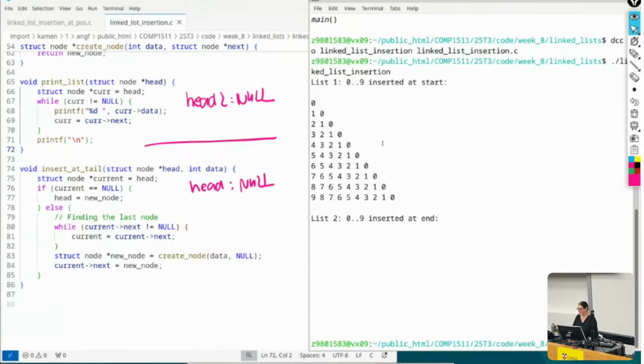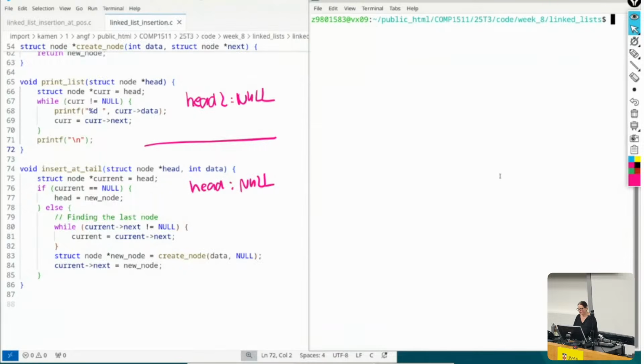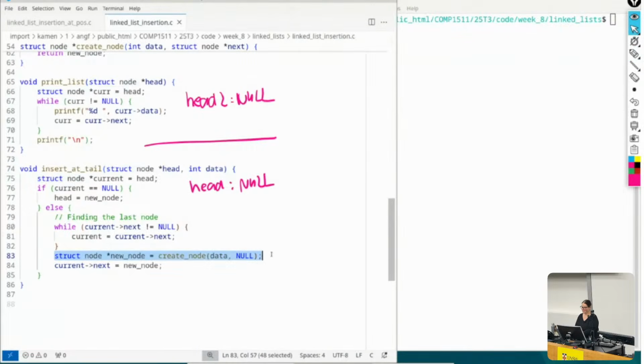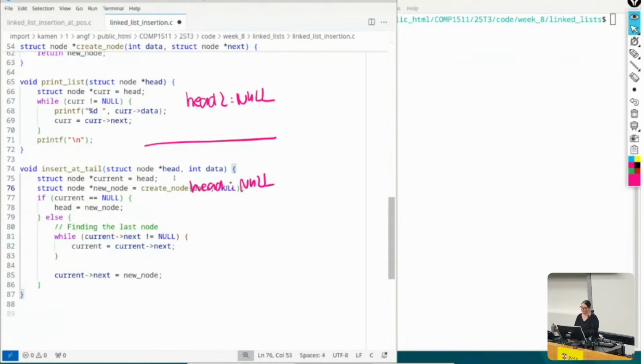Okay. And I'll clear this. So we work out that the head and current were equal to null. And we create our new node. What else have I done wrong? I'm making mistakes I'm not trying to make now. Control X. I should create the new node first now, because I'm using new node up here now. Okay,